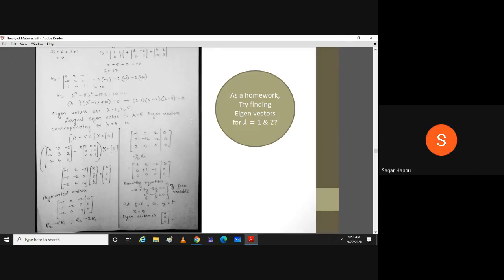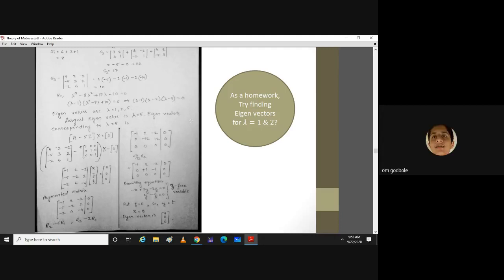Sir, rank is coming out to be 3 for 1. No, not possible. You made a mistake. Sir, is rank 2 for 1, lambda equal to 1? Yeah, rank will always be 2. It won't be 3. It will never be 3 in any of the cases. If it is coming 3, then you will have 0 solution. That means your eigenvector is 0, which is not possible.